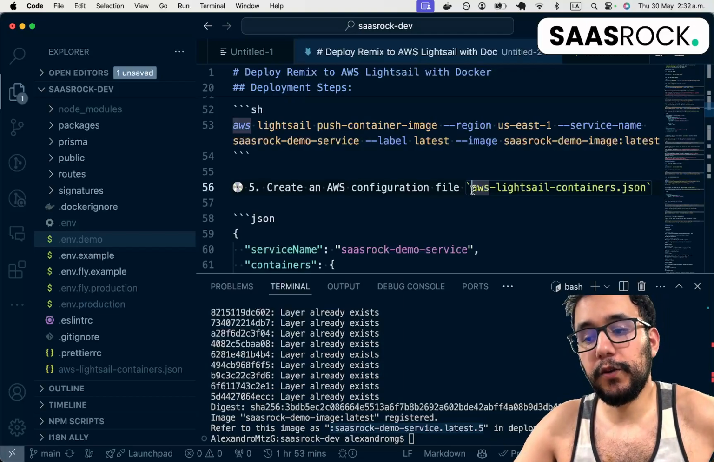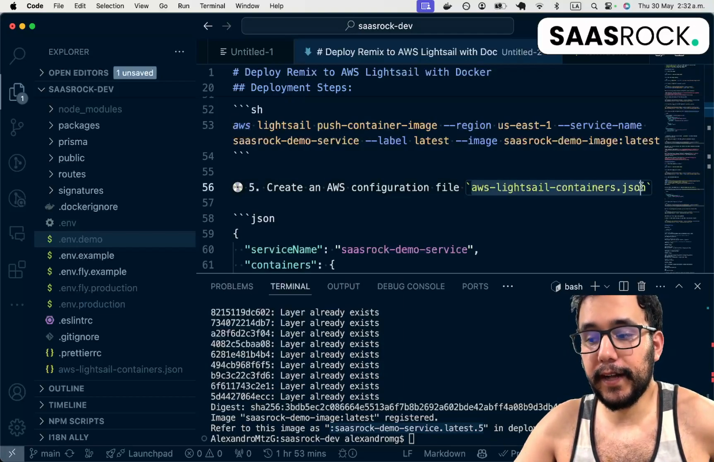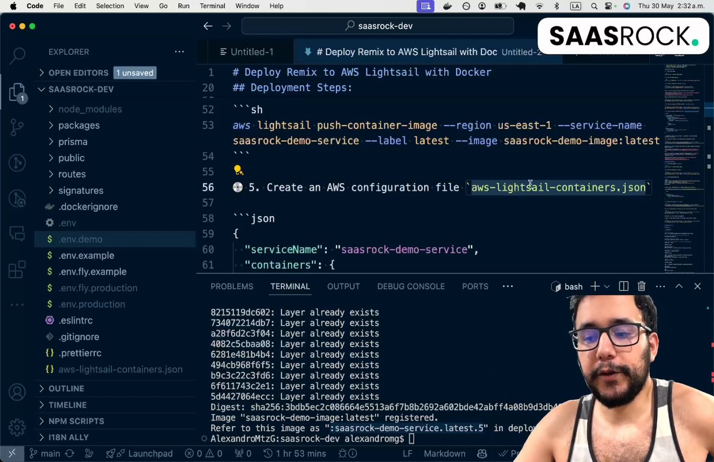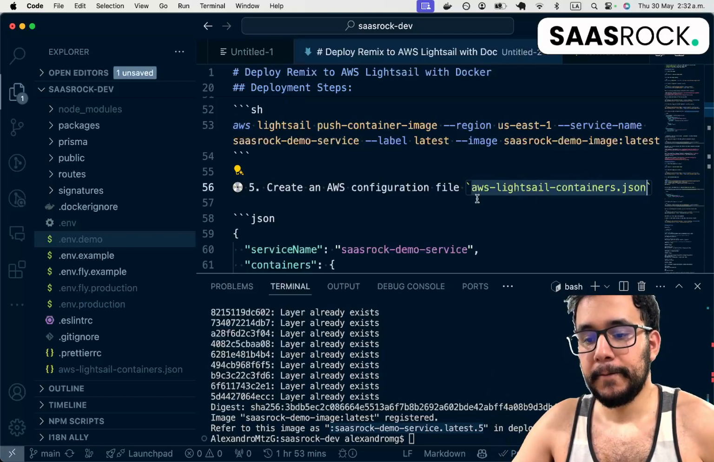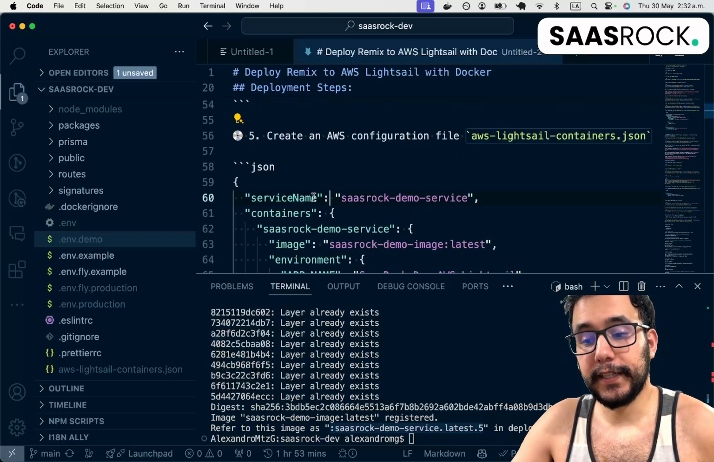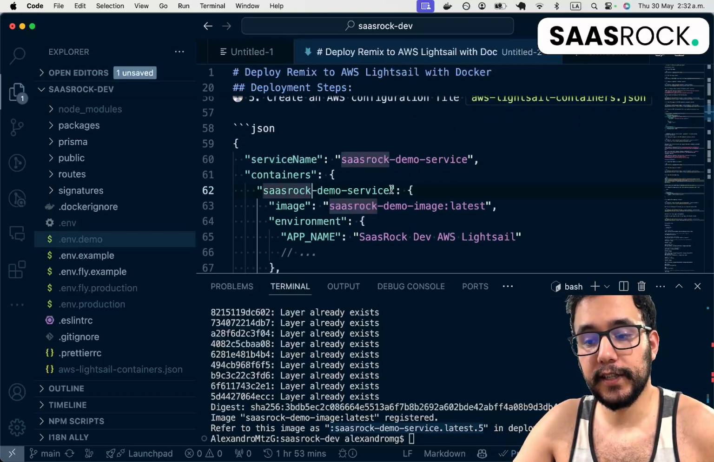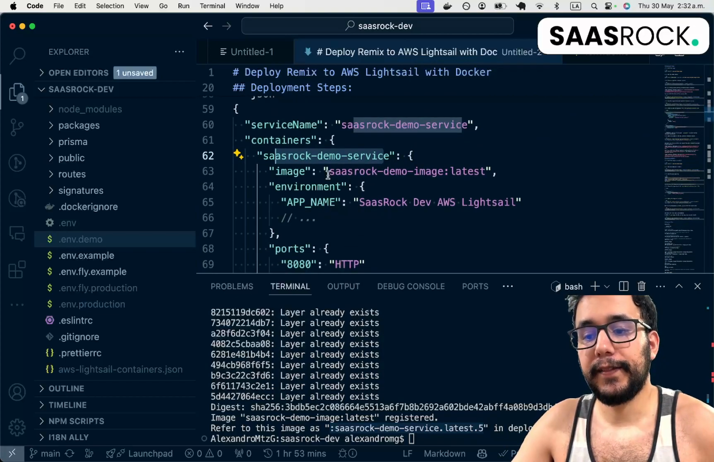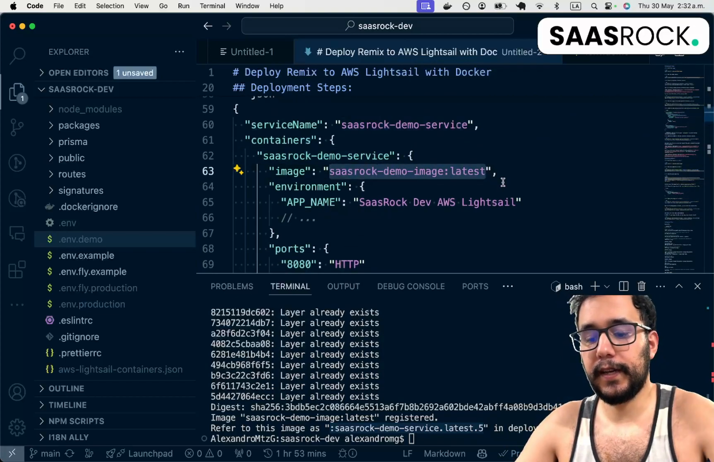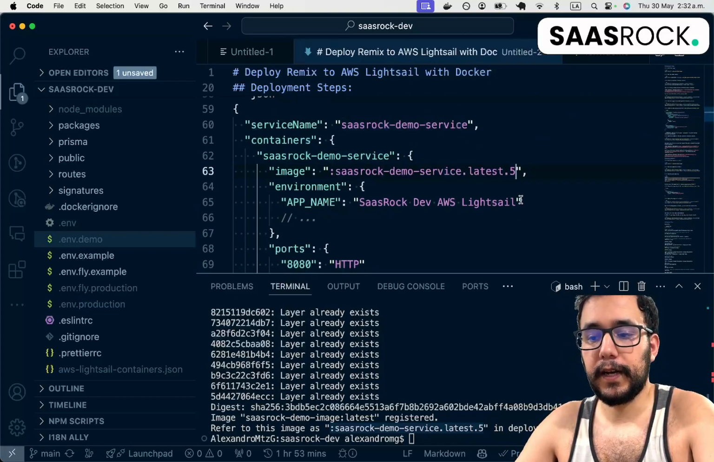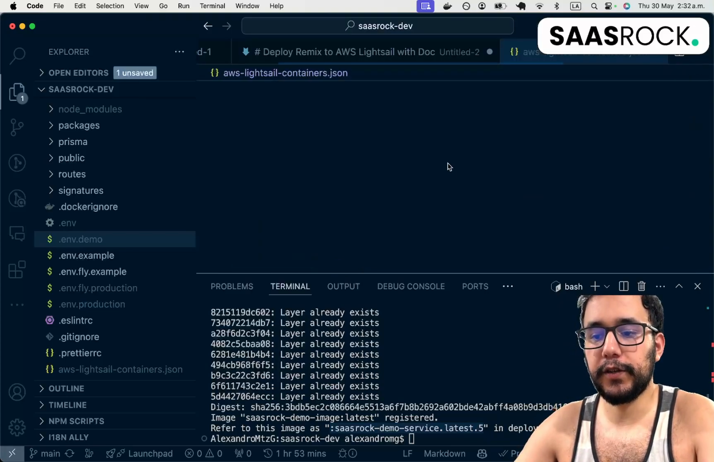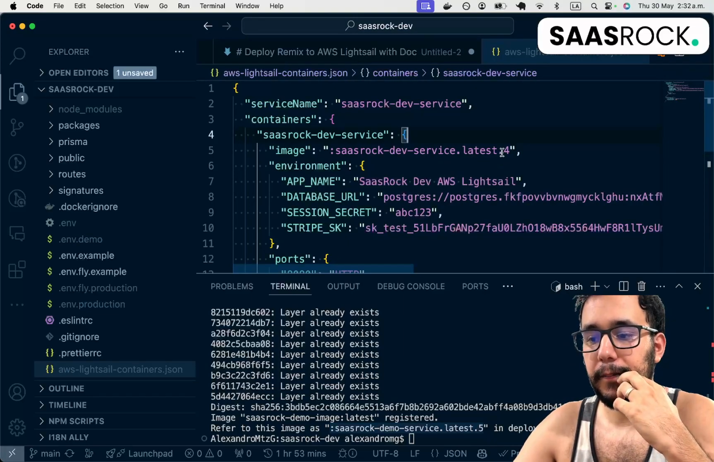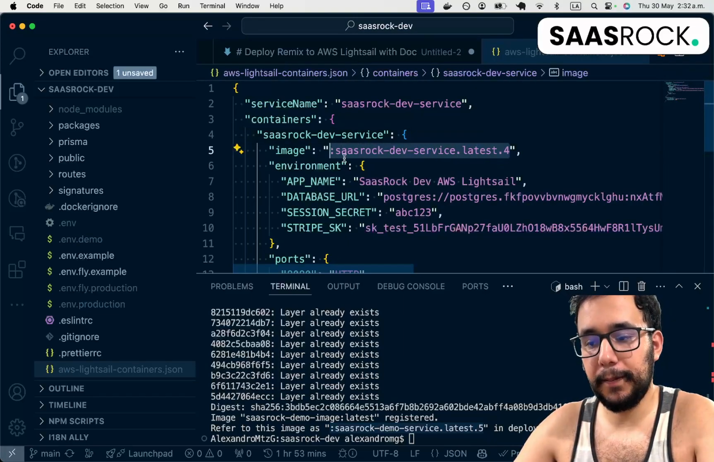And for that, you need to create a local configuration file that I just called AWS-Lightsail-containers, but you can call it whatever you want. Here you specify the service name, the containers with the service name, and the image that it's going to use. I'm going to use this one, but of course not on the README, on the actual configuration file. So I'm going to put this image,